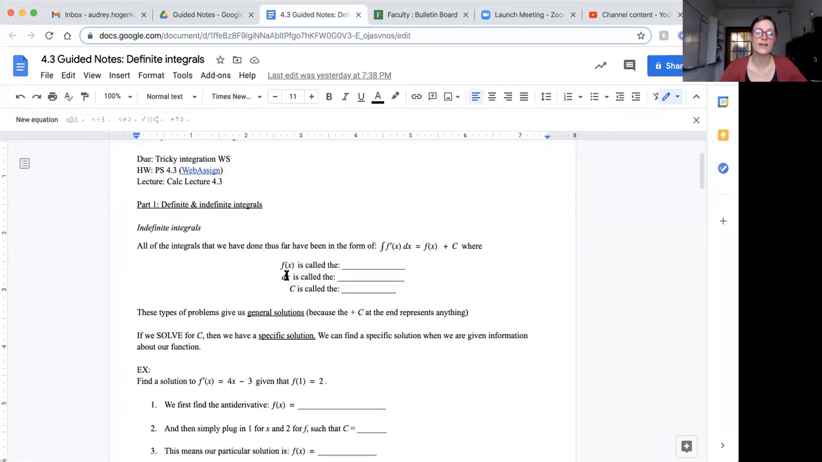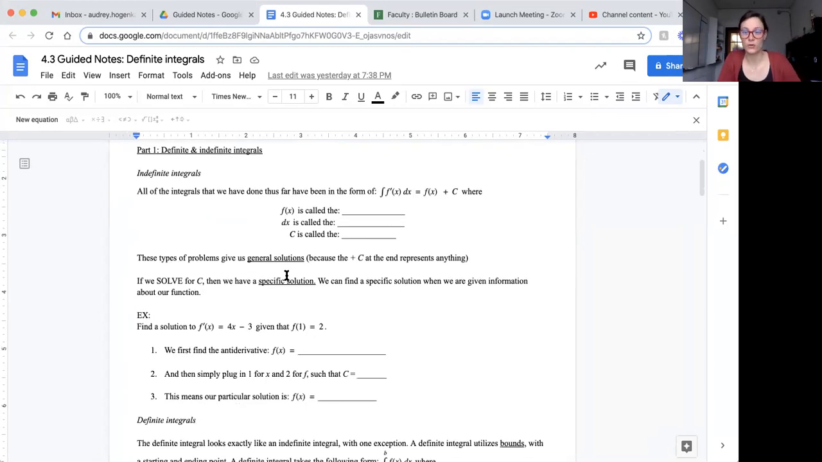So part 1. Definite and indefinite integrals. We're going to start with what we know, and what we know is indefinite integrals. All of the integrals that we have done thus far have been in the form of the integral of f prime of x dx equals f of x plus c. Getting at that idea that we start with the derivative and we can go backwards to the initial function using this thing called integration. And remember that we call f of x the integrand,